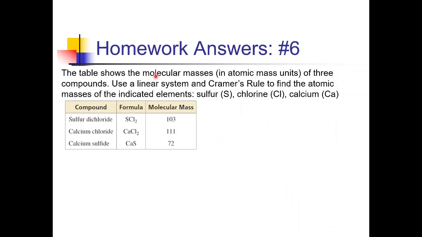For this problem, we have a table showing molecular masses in AMUs of 3 different compounds. They want us to use a linear system and Cramer's rule to figure out the atomic masses of the elements sulfur, chlorine, and calcium. So the basic idea here is if you add up the masses of the individual atoms